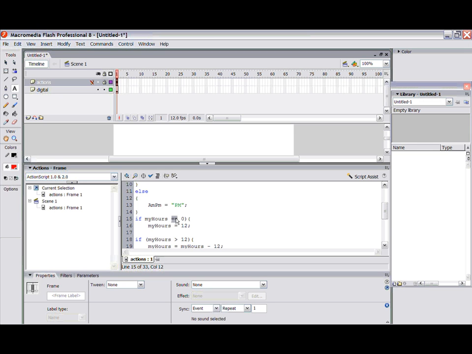Don't be confused by this and the equal sign. If we wanted to say equals EQ, we could do that, but we have a checker and a validator right here that says if my hours check and validate to 0, then I want you to change my hours to 12. And then we need to terminate or close this